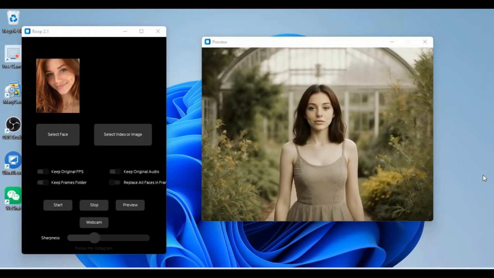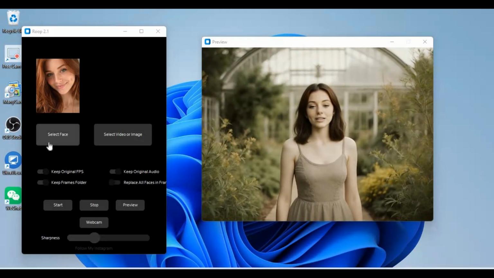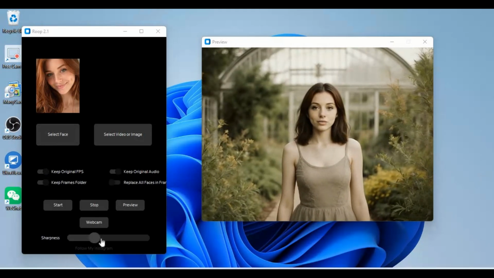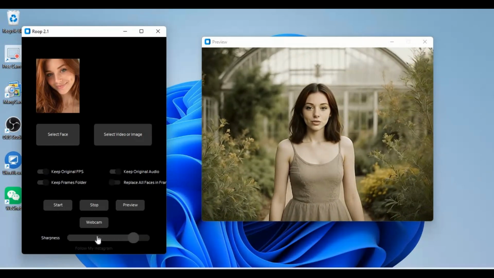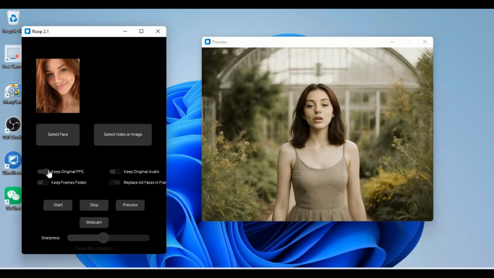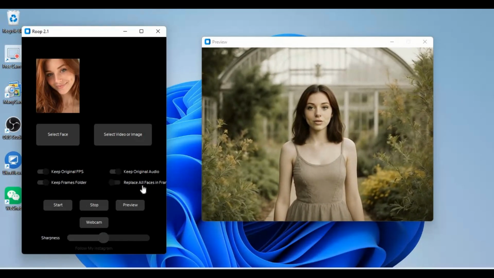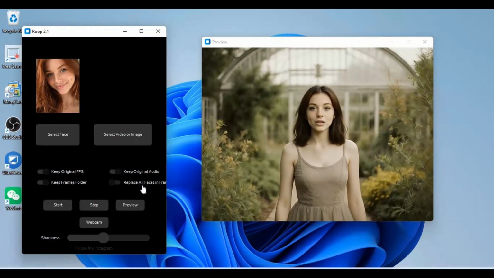In this video, we're taking a look at RoopCam 2.1, a face swap tool designed to deliver good results even on lower-end GPUs. One of the features I really like is the new sharpness slider, which gives you more control over the final face swap result. If your swapped face looks a little soft or blurry, you can increase the sharpness directly instead of relying on